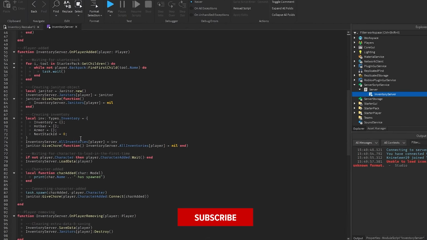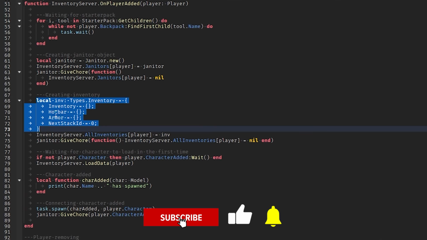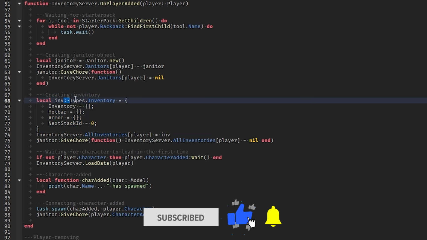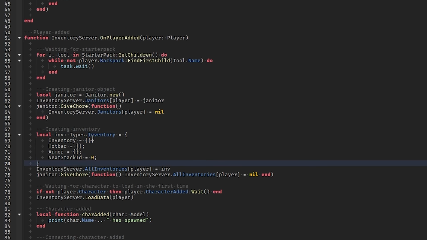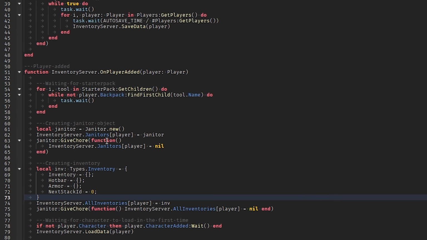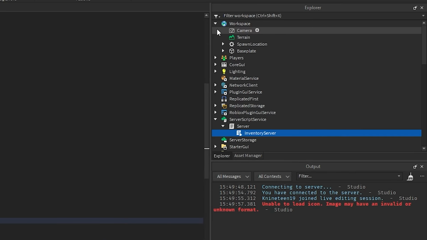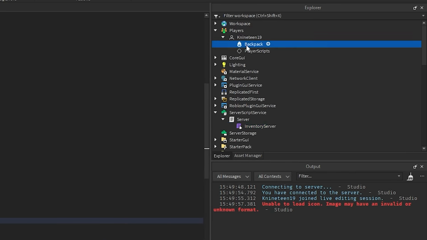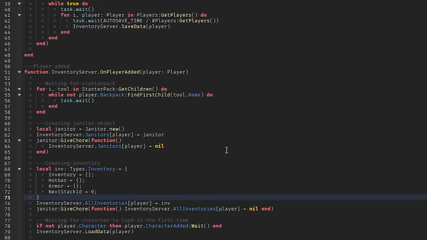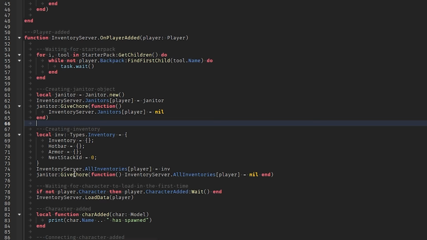So if we look at our script, what we have so far, we've created the inventory data and also specified some type information for the inventory object itself. But now what we're going to work on is whenever an item is added to the player's backpack, that is, if you go to your player in the backpack right here, we want to register it into this inventory system and also organize them into stacks,